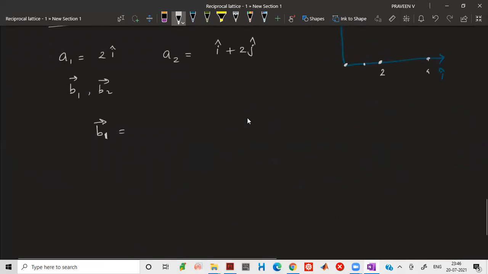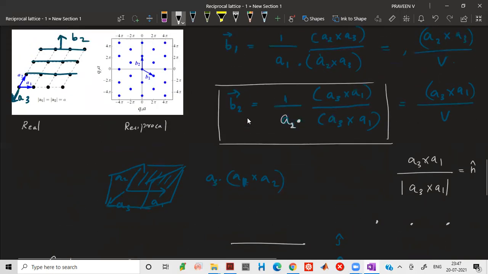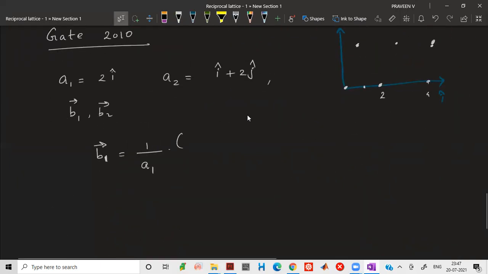So we want to find what B1 and B2 will be. So we write down the equation. For B1, the separation between dots or the reciprocal lattice points will be inversely proportional to the separation A1, and that B1 should be perpendicular to both the directions of A2 and A3. So there is no A3 in this case, but we can actually consider it. Even if we consider A3, the A3 cross A2 and A2 cross A3 will all lie in this plane. So there is nothing harmful or not allowed in considering this A3 as a k vector. So we'll introduce an A3 that is a k vector that comes out of the plane.